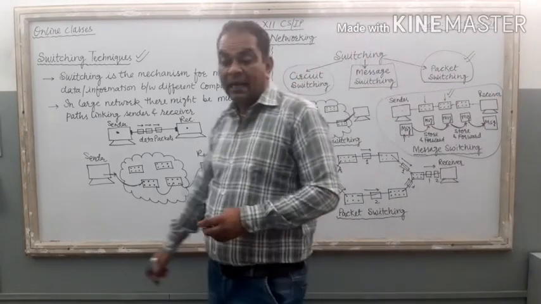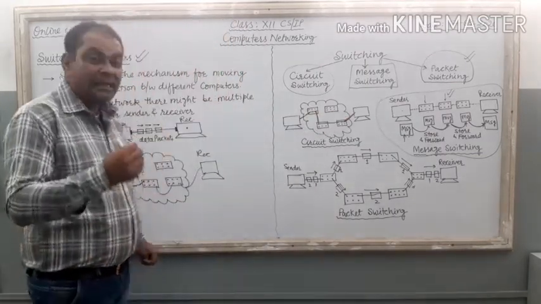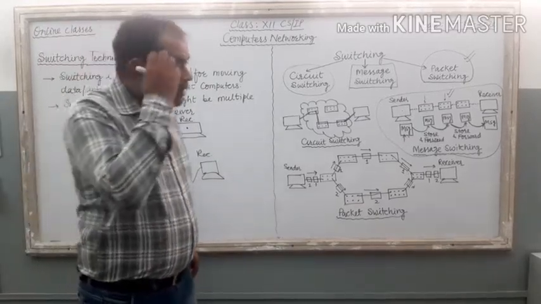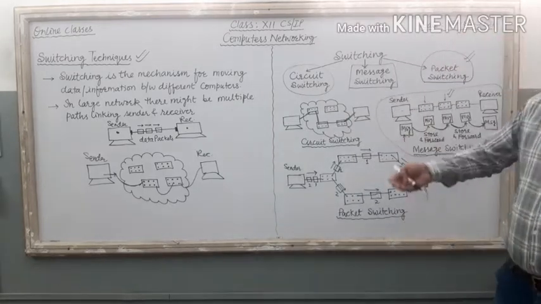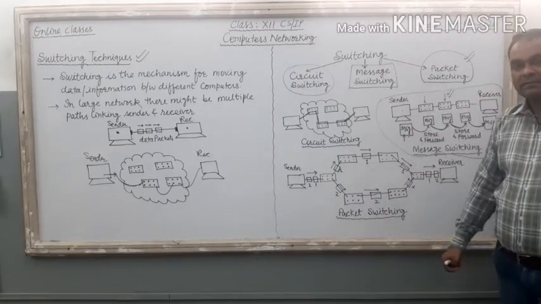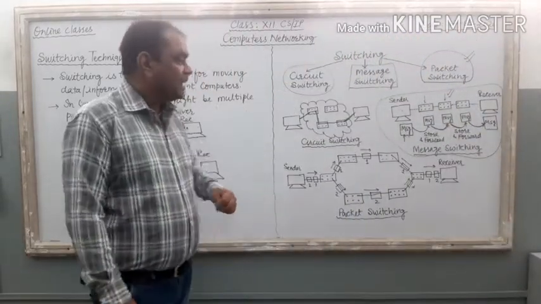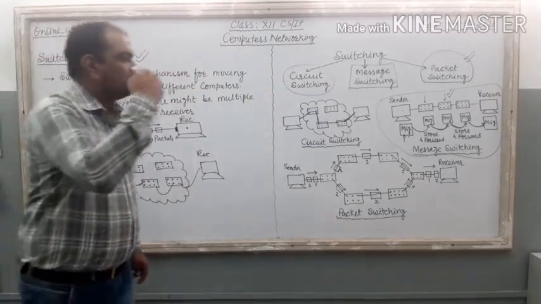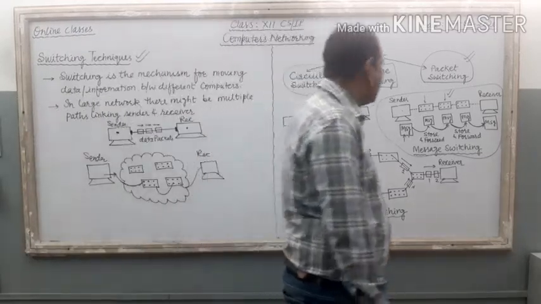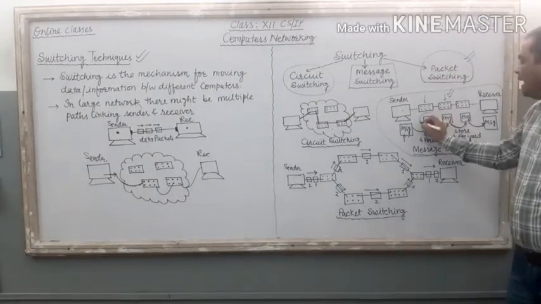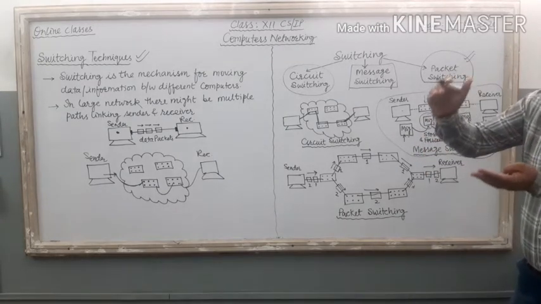This message switching technique is also known as the store and forward technique. Here the message is stored inside the disk of the node, and then it is forwarded to the next device. Right? It is known as the store and forward technique. Here the message size is not fixed. We can send as big a message as we want to the particular disk. And the thing is, once the message is stored in that particular node, it requires a big storage space.